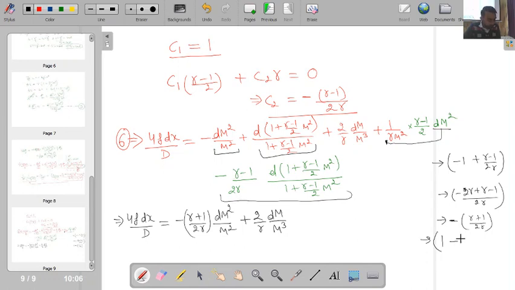So minus of (gamma minus 1) by 2 gamma, it will become (2 gamma minus gamma plus 1) by 2 gamma, so it will become (gamma plus 1) by 2 gamma. So here I will get plus (gamma plus 1) by 2 gamma times d of 1 plus (gamma minus 1) by 2 M square divided by,